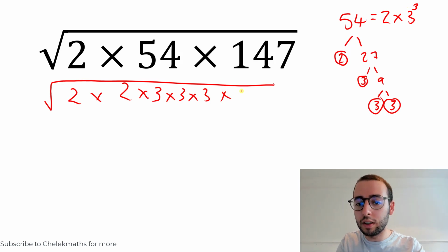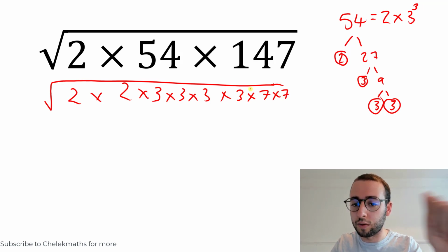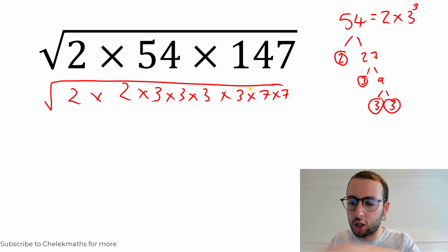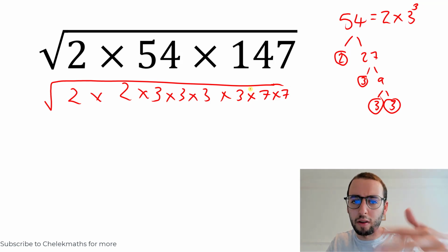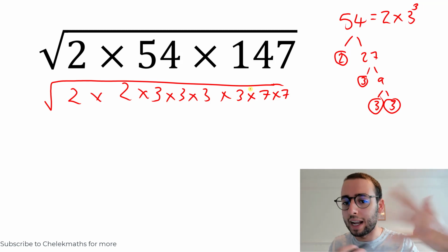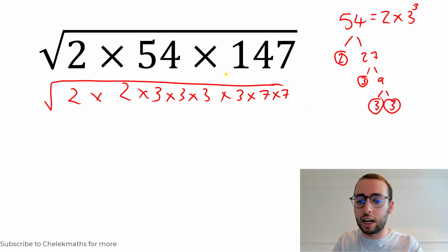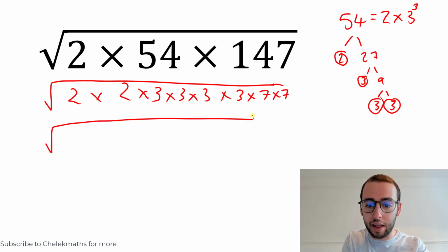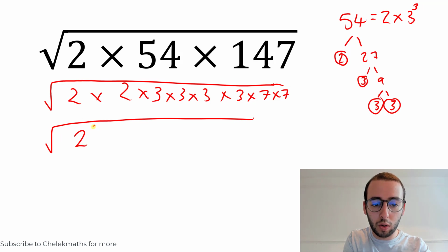Similarly, 147 is 3 times 49, which is 3 times 7 times 7. You also could have done that by doing a proper product of prime factors, doing its factor tree. When I go through this in a class, that is how I would have done it. So now I've broken it down into its prime factors, and I can start grouping them together. What I have is 2 squared times 3 to the power of 4